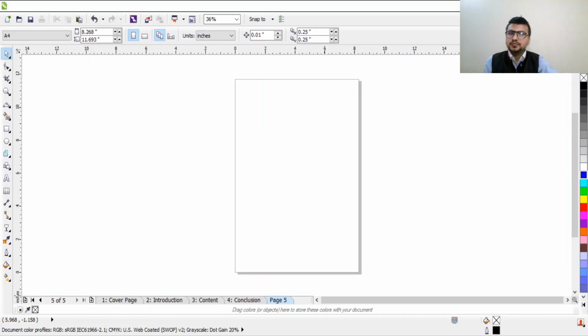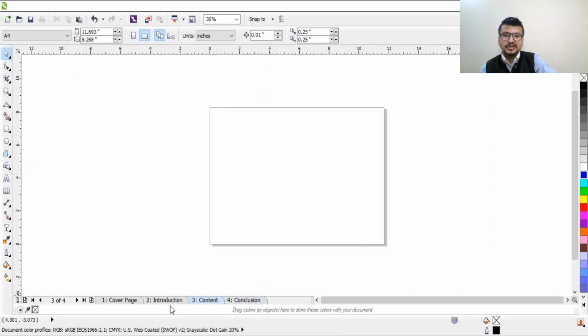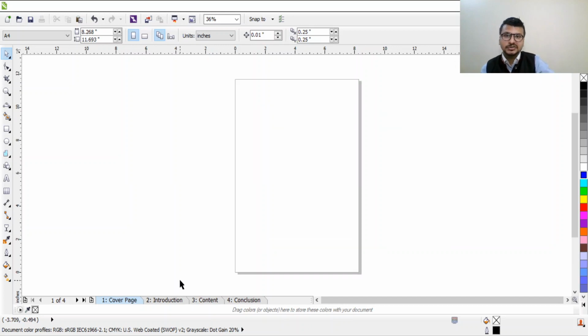And then the fourth thing you can see, delete page. If you want to delete this page, you can right click over here and click on delete page. This page will get automatically deleted. And if you want to switch page orientation, it will automatically change the orientation of all the pages to landscape. And if you again switch page orientation, it will automatically change the orientation to portrait. So basically portrait and landscape will get interchanged automatically by default if you click on this button.